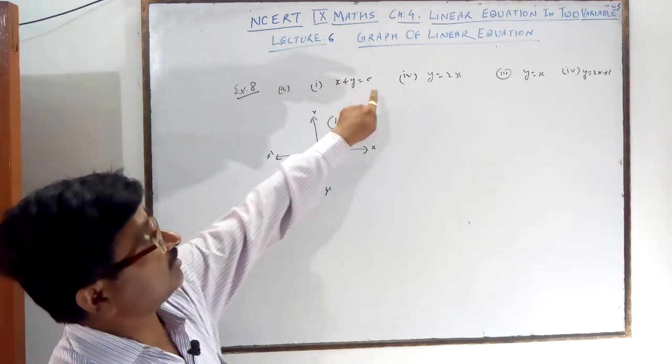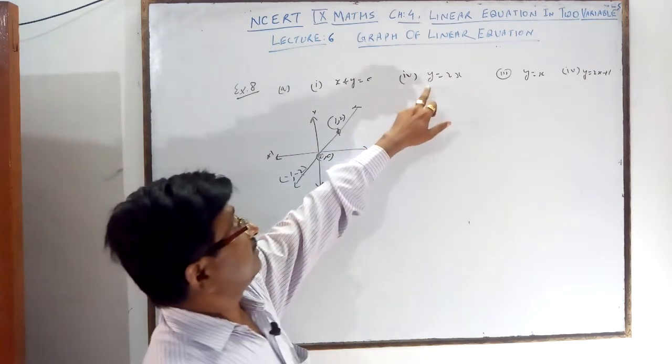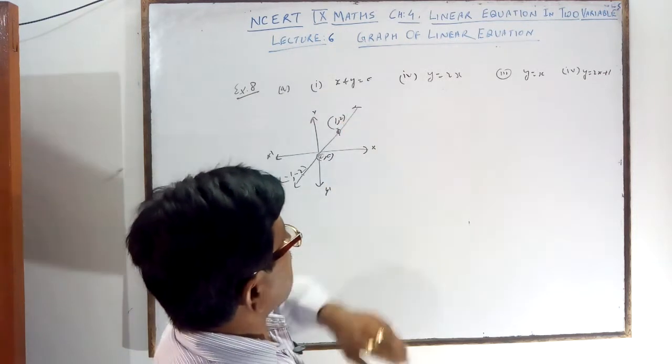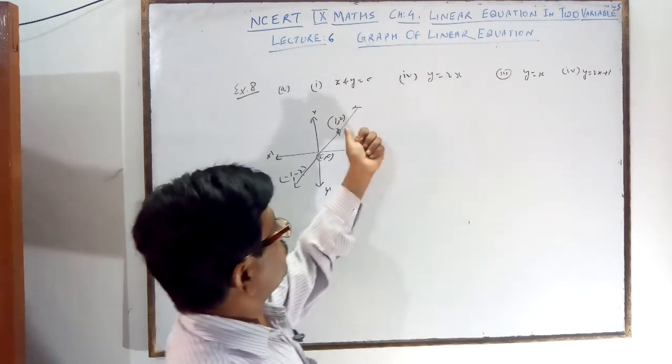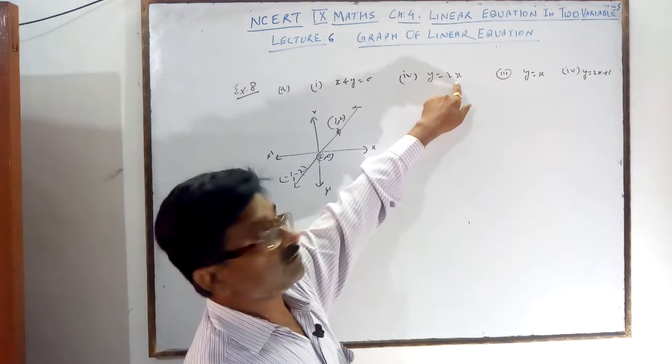1 plus 2 is equal to 3, not 0. So the first one is not. Second, here 1, 2. First you check 1, 2 here. At the place of x you write 1. Then you are getting 2, and the 2, 2. At the place of x you write 0.